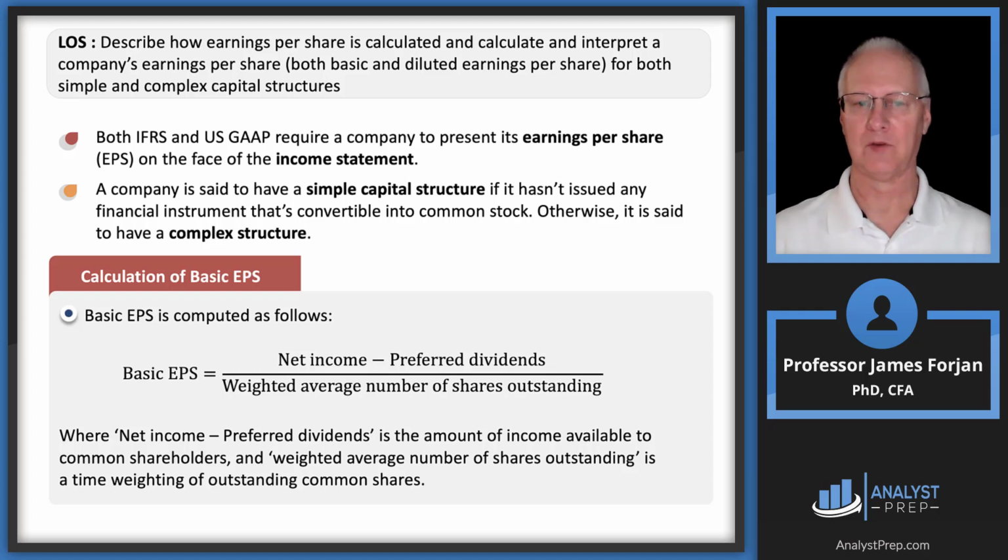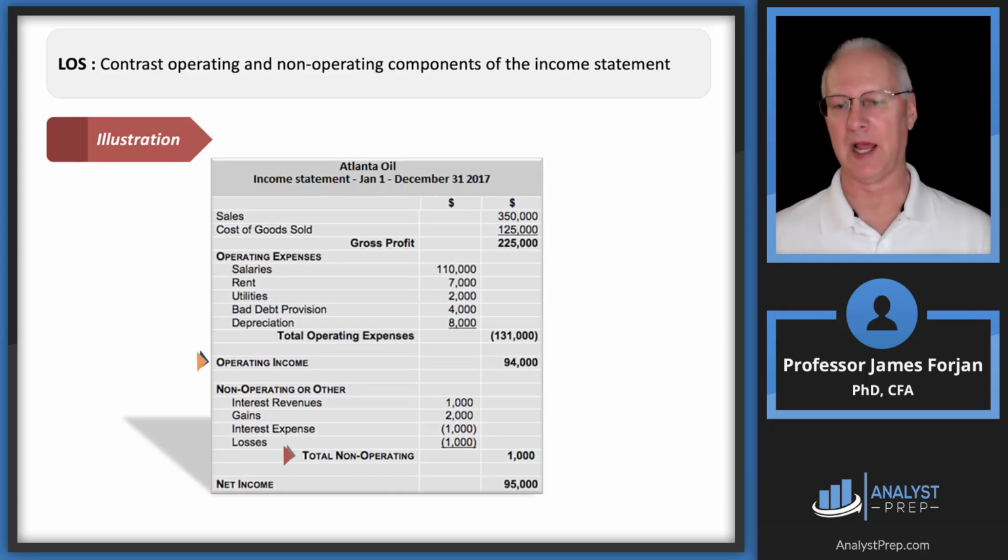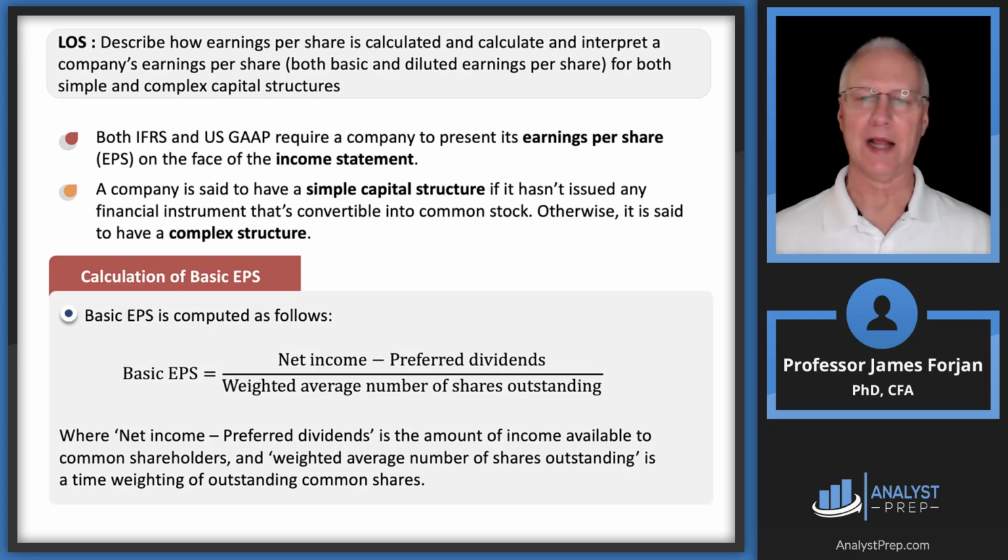So if I'm writing these questions for the Institute, that's going to be a line that I have in the question stem. Here's a company, it has a simple capital structure, so then boom, you automatically think of this formula right in the gray box. So all we're going to do is take that net income, that 95 back there, subtract out any preferred dividends, and the Institute would have to give you preferred dividends inside of the question stem, and then divide by the